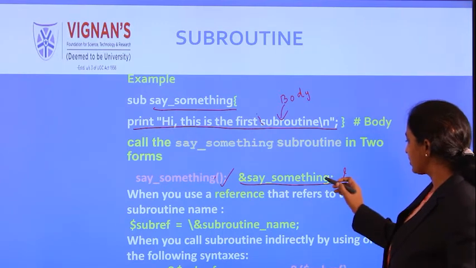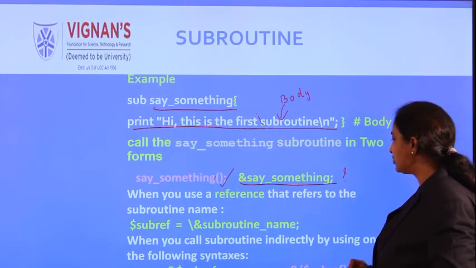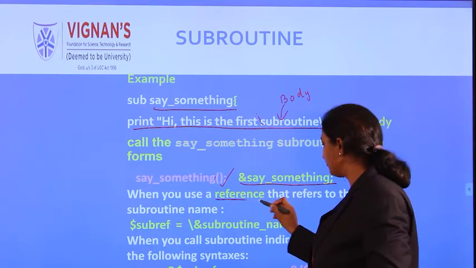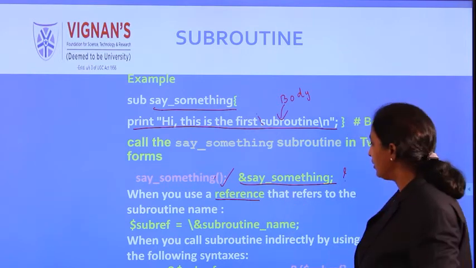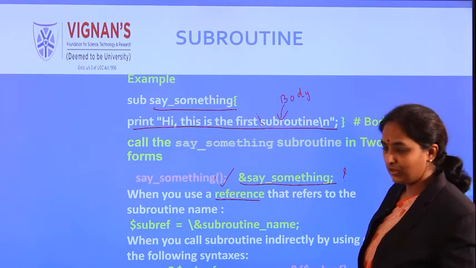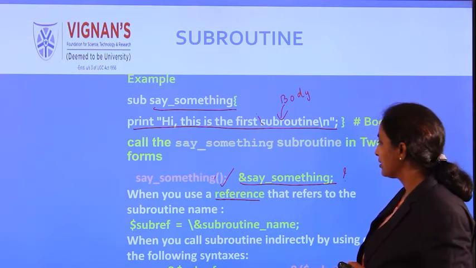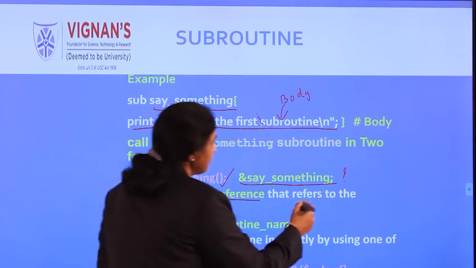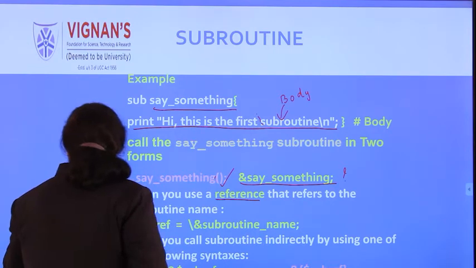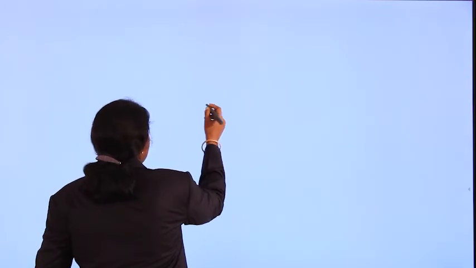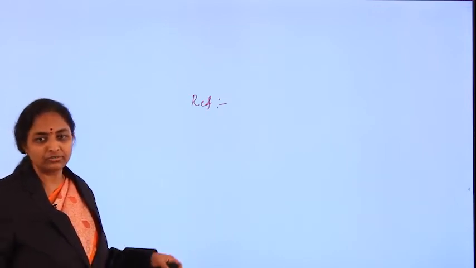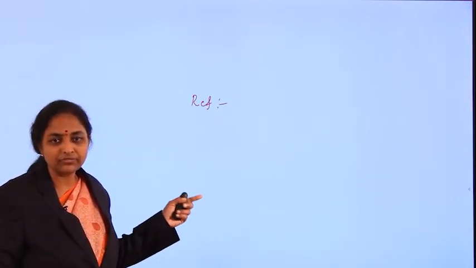We can use this kind of calling when we are dealing with references. If your subroutine name is followed with the reference, then we can use this symbol. As you already know, what is a reference? Let us take a simple example, a scalar. Please recollect this, since it is important for us: we are passing the parameters with the help of references only.